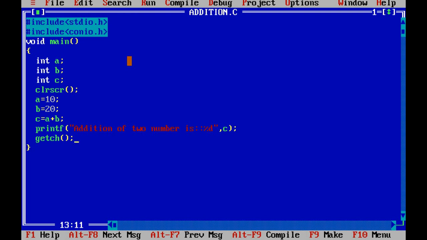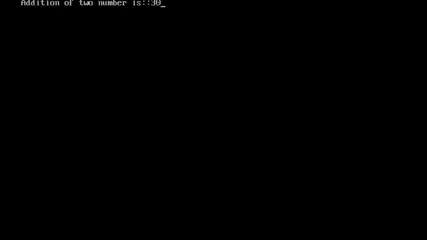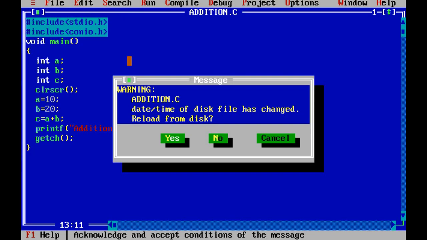Just press Alt F9 to compile, Control F9 for execution, right? Now see what happened. After execution, the text editor goes back and the output window comes in front of the monitor screen, right? So the addition of two numbers is 30. Just press the Enter key.